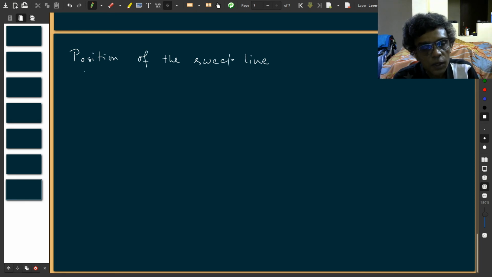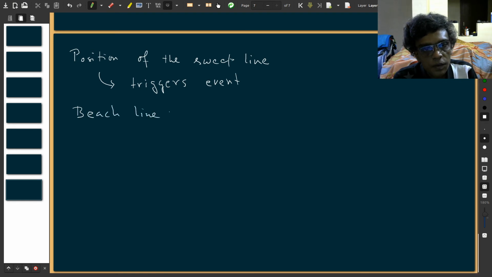Okay, so I have to keep track of this. So this position triggers events, site or circle, whatever, and I should also maintain the beach line, which is a sequence of sites